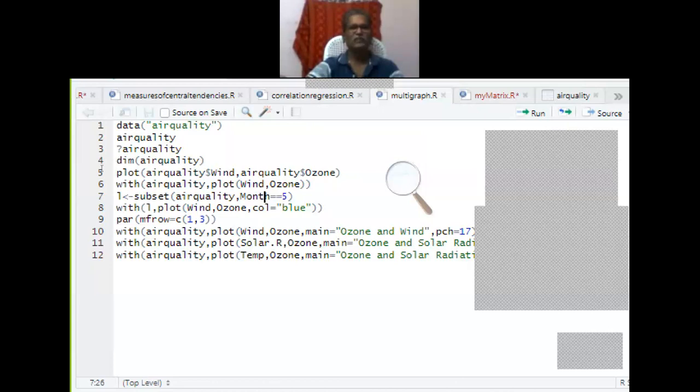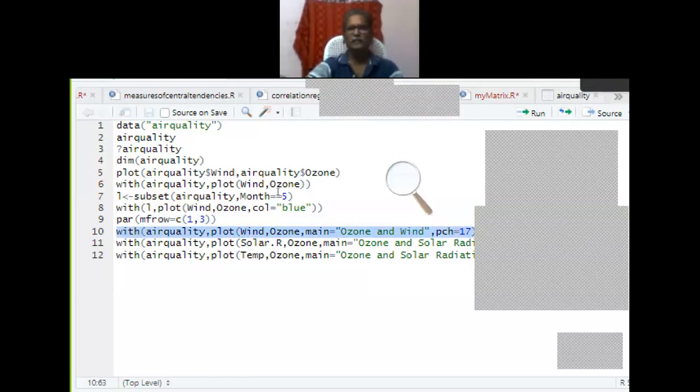Making use of the subset, I'm plotting one more graph; how it can be done, I explained yesterday. And making use of this, how can we create two graphs at the same time? Now I'm going to extend this to three graphs at the same time. So let me run this command alone.